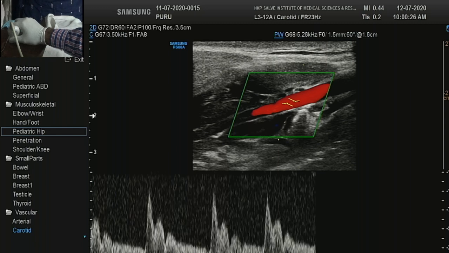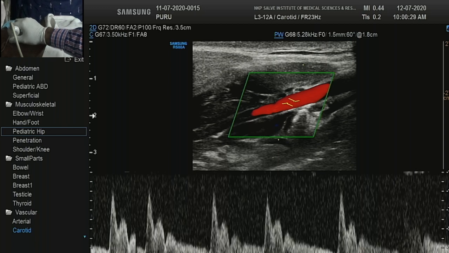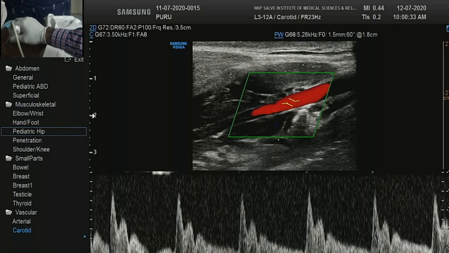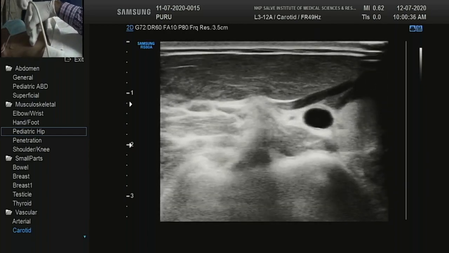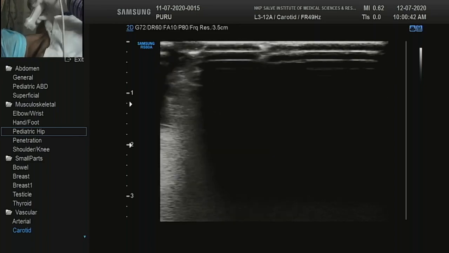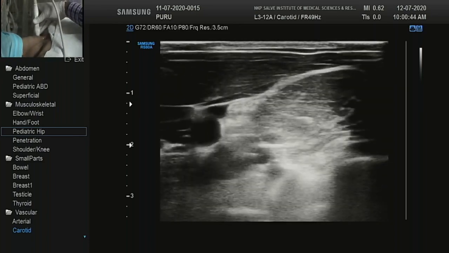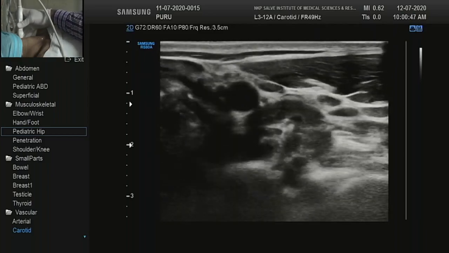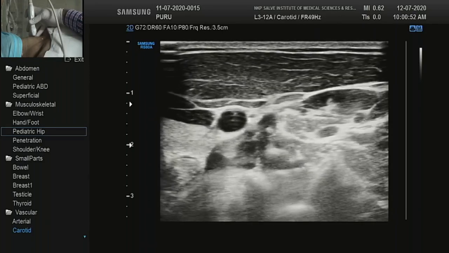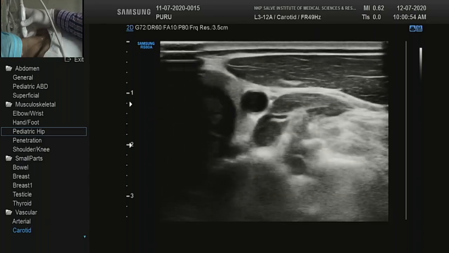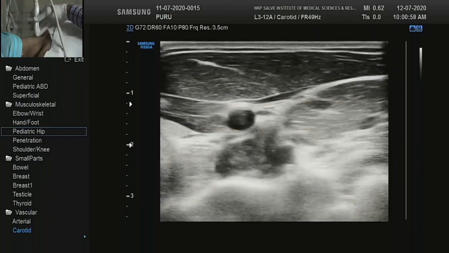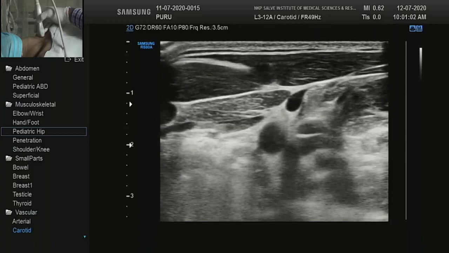Compress and release. Okay, we'll try some time later. So once you have finished with one side, you just see it on the other side. We will not repeat for the demo, but same thing: B mode, color, spectrum, and adjusting at every stage the necessary parameters. So this ends our demo of the carotid Doppler, and I think we have some case.